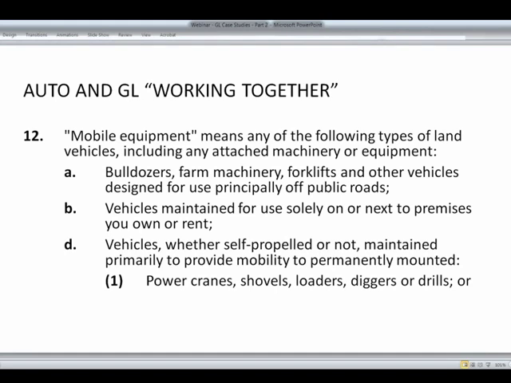Previous to the change in the wording, we covered that exposure even on the highway under GL. But now, because it has to be licensed, that power crane is considered an auto and not mobile equipment because of that definition. The other one that we talk about here will be a drill rig. Clients who are drilling water wells or oil wells. This is big business in Texas and North Dakota, parts of Pennsylvania, and other parts of our country now that we are trying to provide the fuel and gas on a domestic basis and not import them.